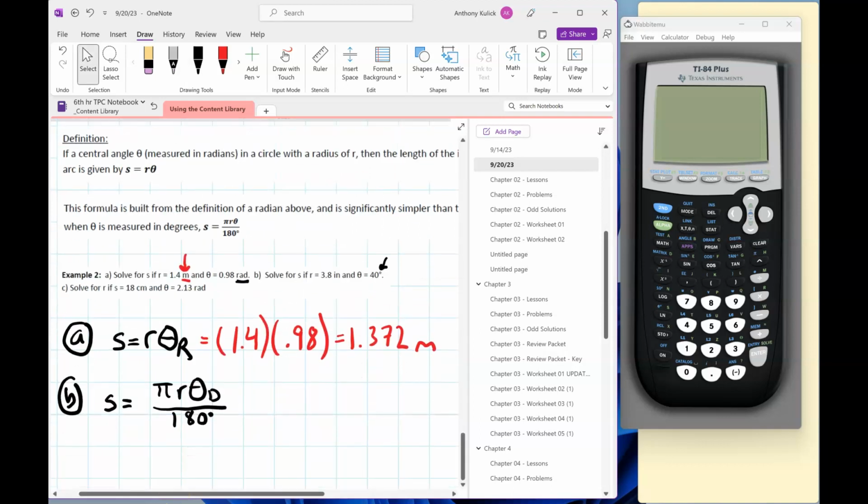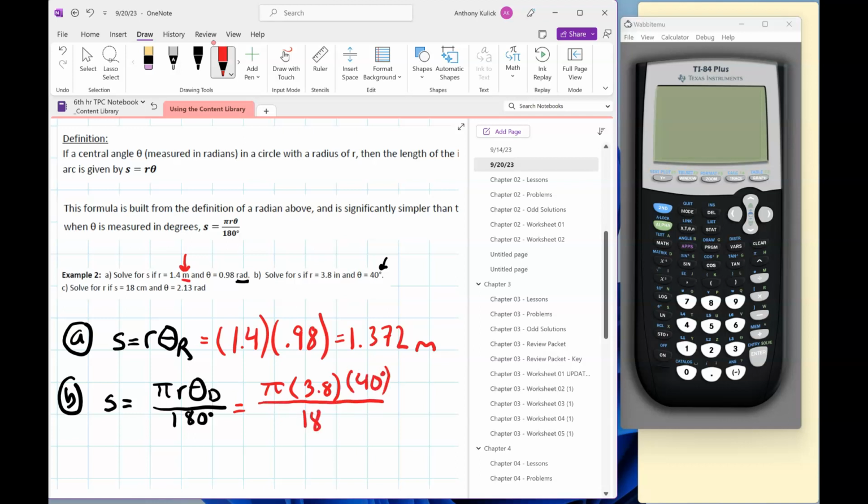So I'm going to use the other version of my formula. And now we just fill the stuff in, right? So pi, the radius is 3.8. The angle is 40 degrees over 180. When I type that through in my calculator, I get about